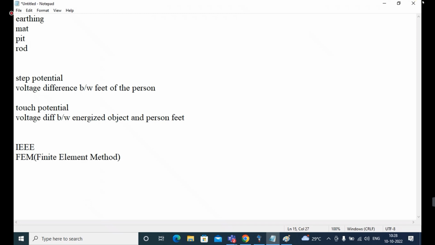Multiple ways we can check this in our ETAP software. First I will discuss IEEE and then the finite element method. After that I will discuss how to do earthing using a design. First I am going to discuss without a design. Why? Because if the client directly provides a fault current, how do we do the earthing?